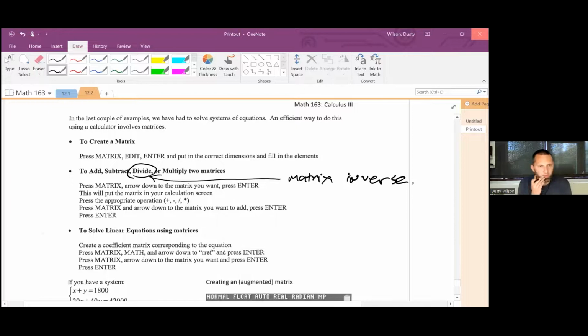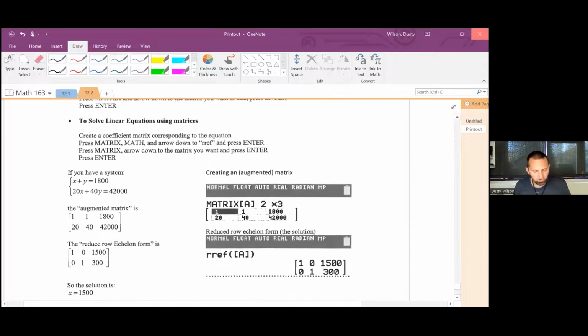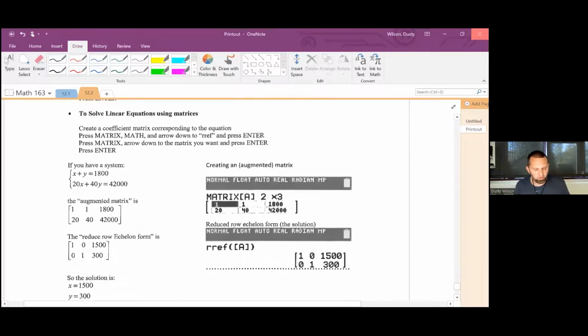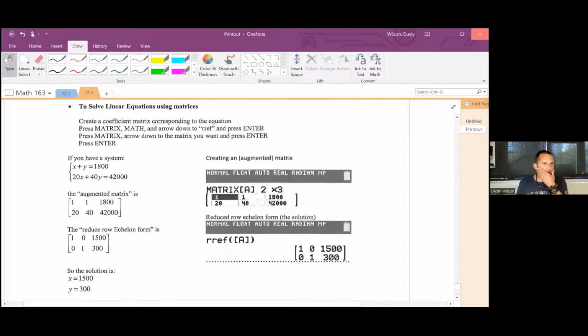And this is going to be a big theme in linear algebra. But what we actually care about here is solving linear equations using matrices. And so we would create what's called a coefficient matrix. And again, you're going to learn about this in linear algebra, and solve it. So if we have these two equations, x plus y equals 1800 and 20x plus 40y equals 4200, for example,